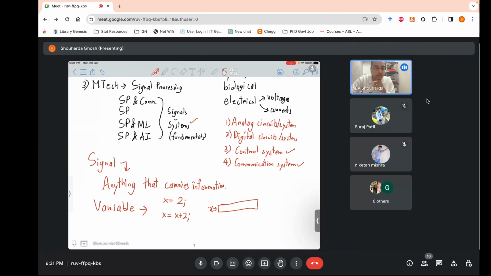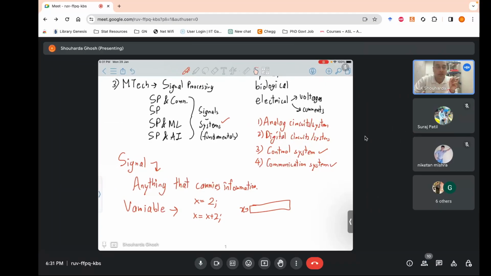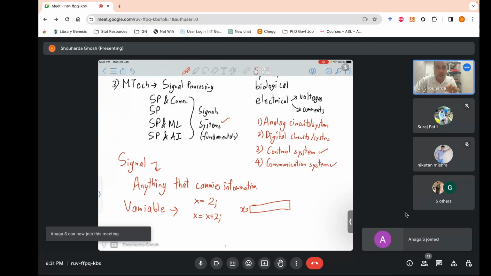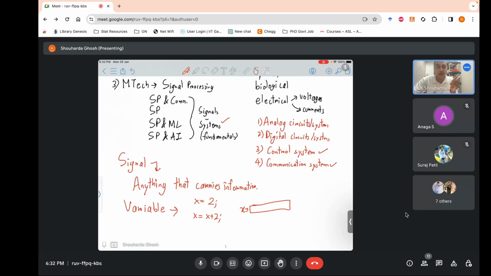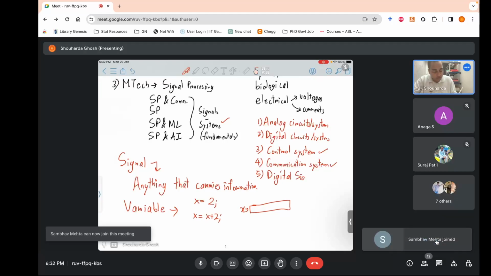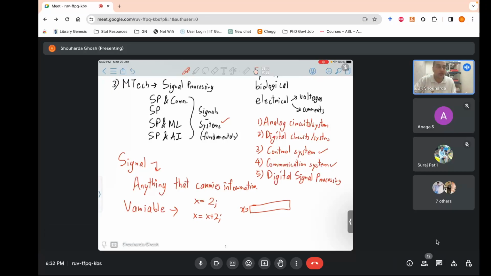Okay, fine. So variables simply store some quantities which are used to hold data. That's it. As of now in this course there is no relevance of variables, but variables are important if you want to deal with signals and systems on a computer. And there's a course called digital signal processing, which grows on whatever you have learned from signals and systems. DSP may or may not be covered in your curriculum.